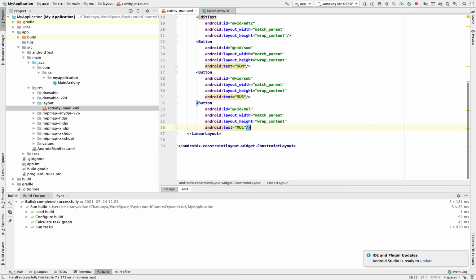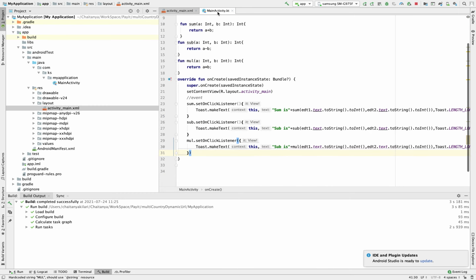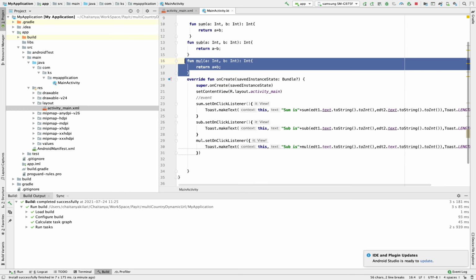Now we are writing one more function, that is division. Same division. Function division I am writing.